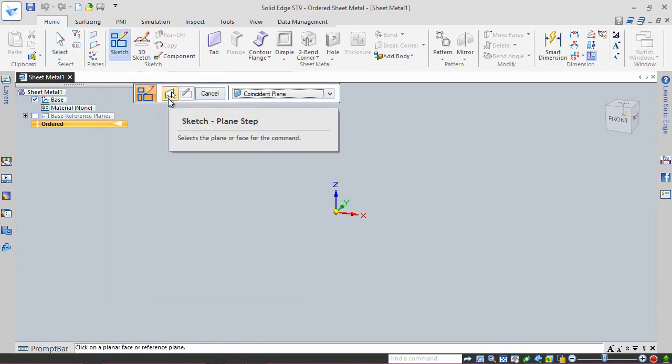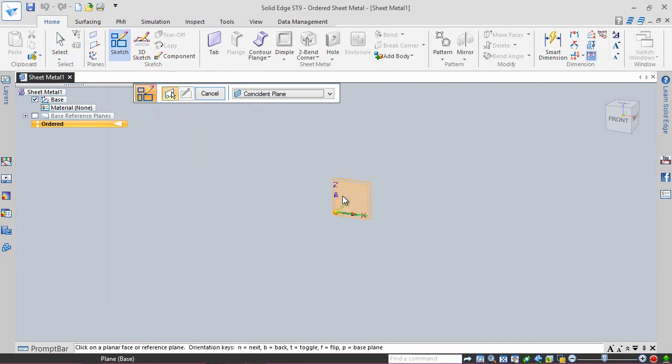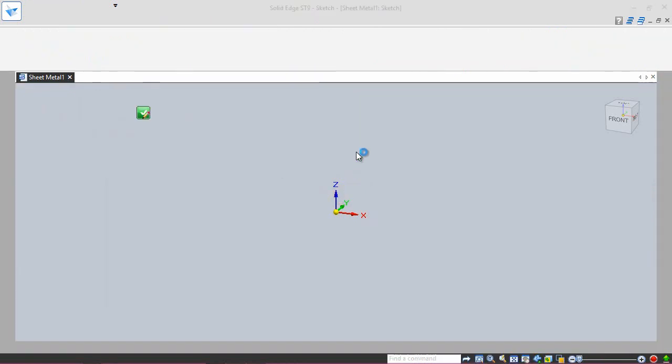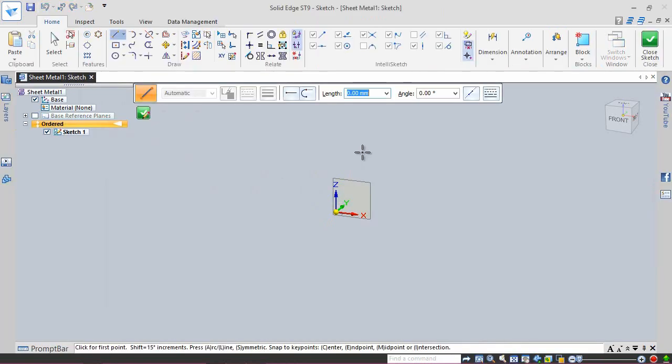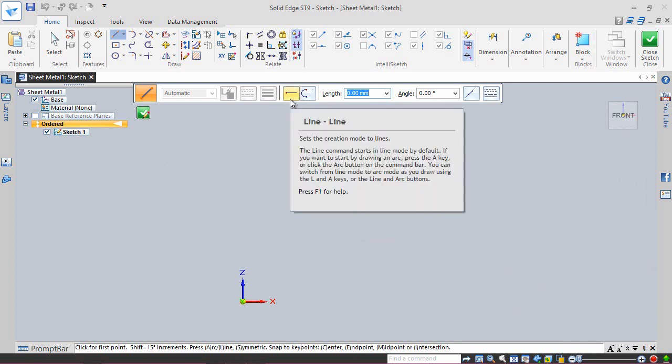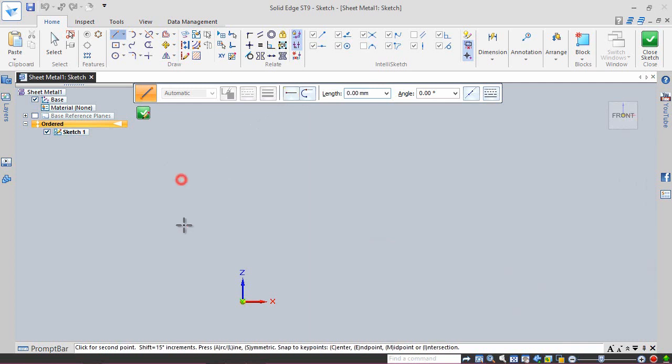Create a sketch on XZ reference plane. Orient the view parallel to the sketch plane. Create a sketch using the line tool in the following way.